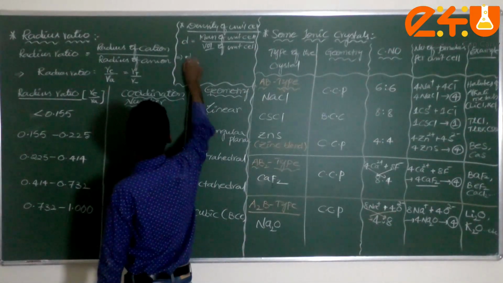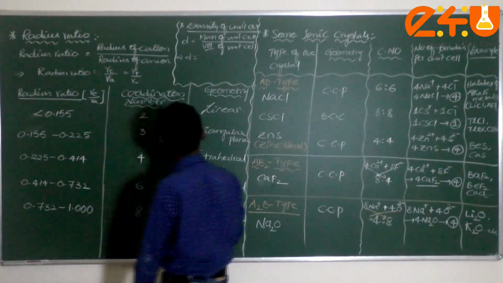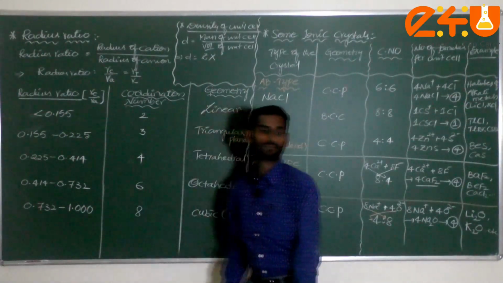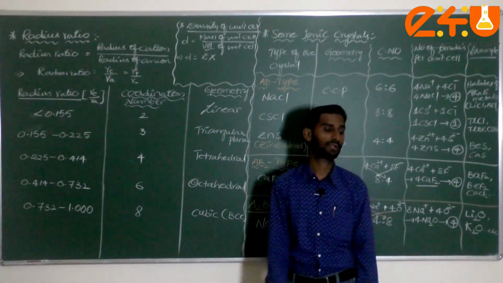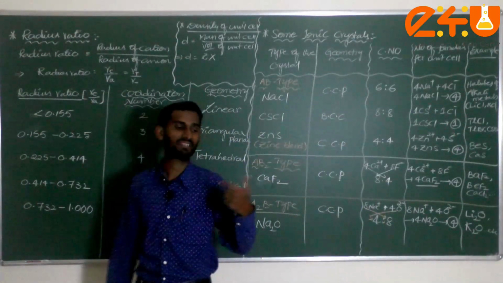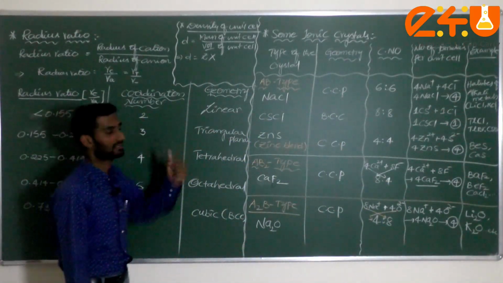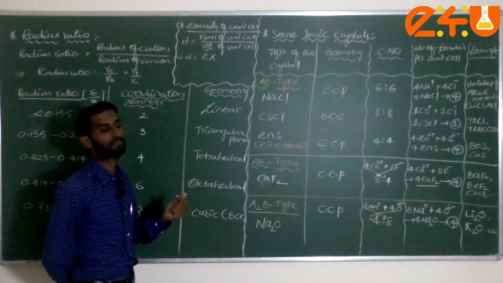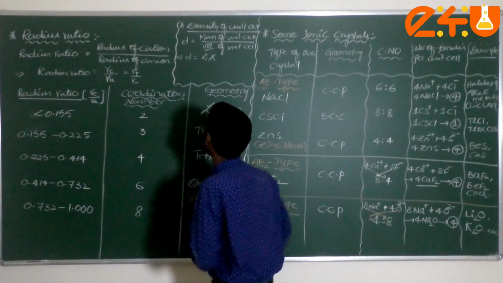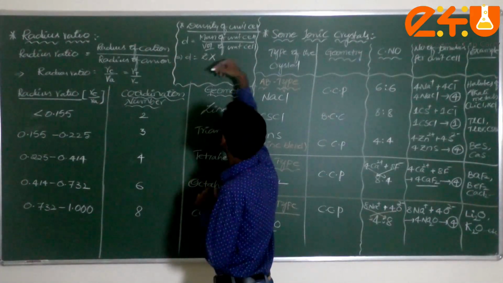From that, D is equal to the mass of the unit cell, which we can represent by multiplying by Z. Z, as we already know, indicates the rank of the unit cell. For simple cubic it is 1, for BCC it is 2, for FCC it is 4, and for HCP it is 6. Correct or not? Rank of the unit cell, Z, into the mass of the unit cell.